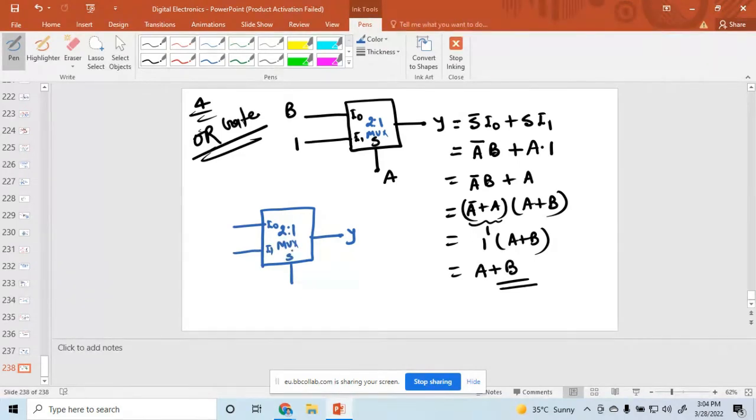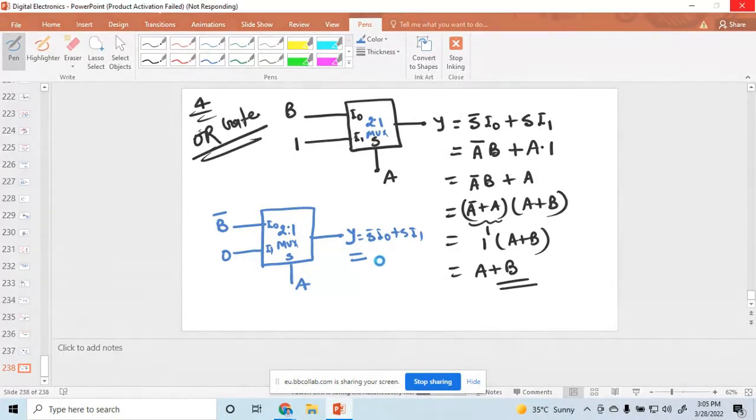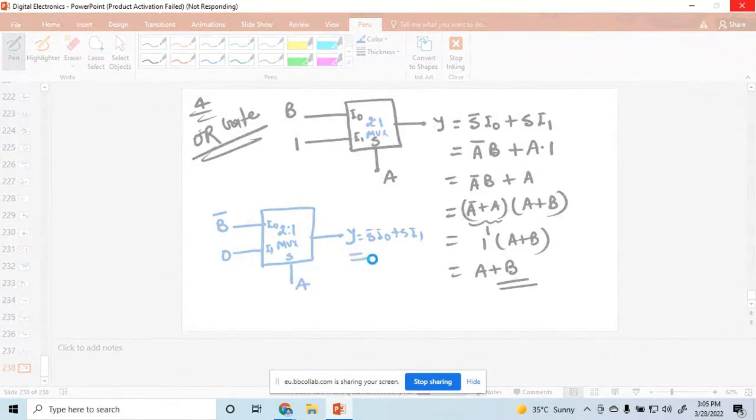The selection line is equal to A, and for a NOR, it's A bar, so the inputs are B bar and 0. So what is the output here? The output is equal to S bar I0 plus S I1. So what is the value of S bar? It means A bar